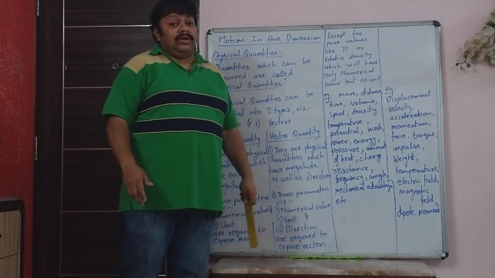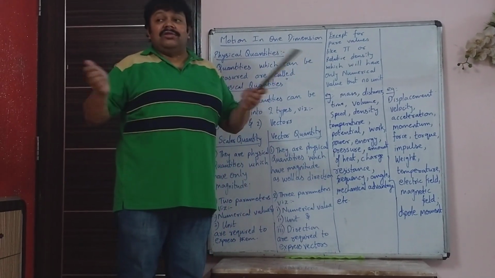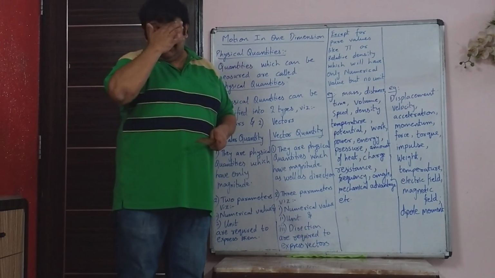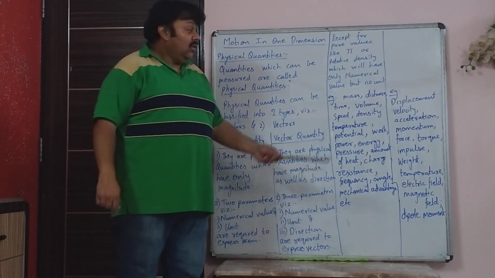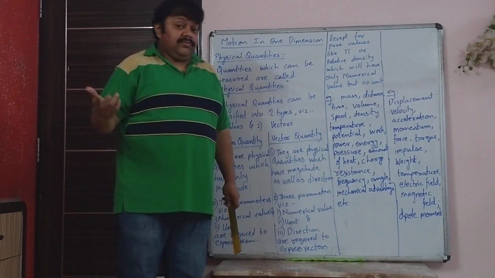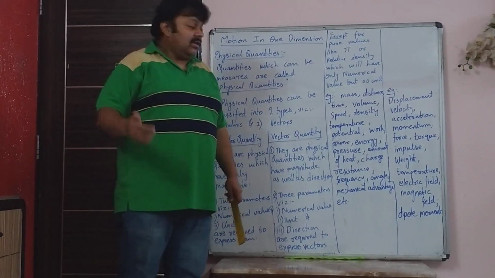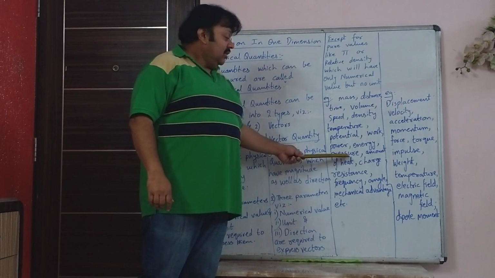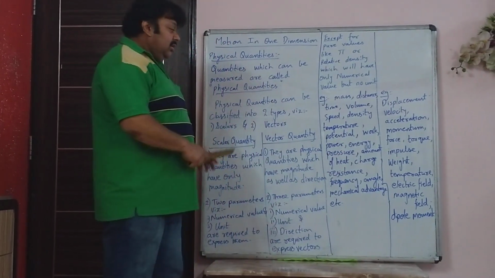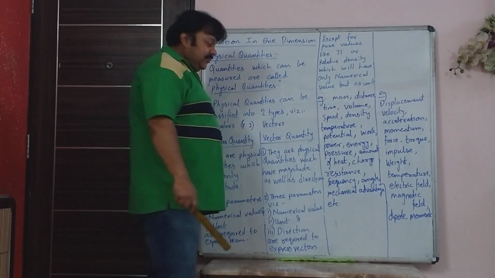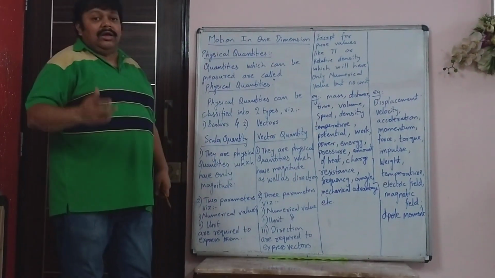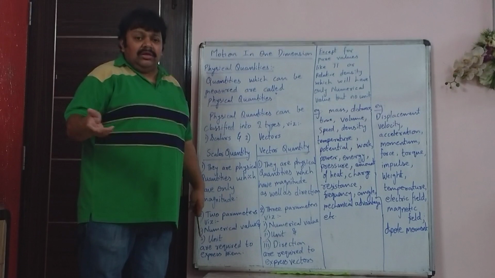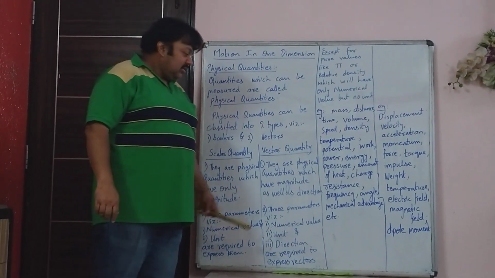Pressure is force upon area. But pressure, since it acts equally in all directions, that is why we consider it as scalar quantity, even though force is vector. Force is a vector quantity, but pressure is scalar. Then frequency, angle, 30-degree angle. 30 and degree, you don't say north, south, east, west.